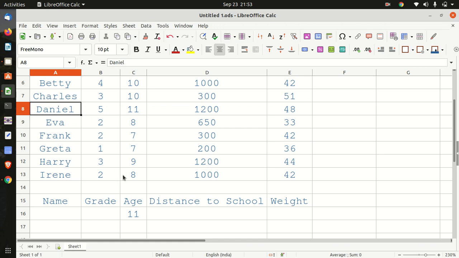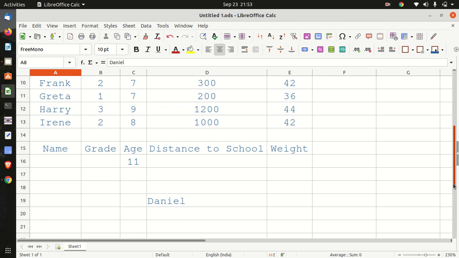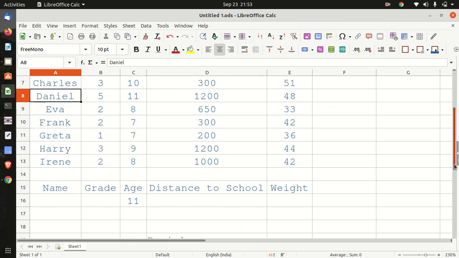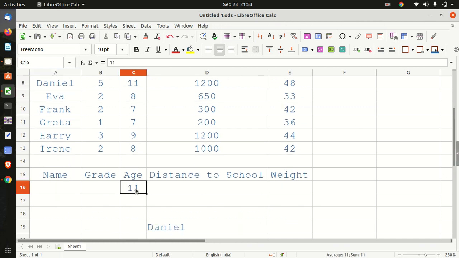Okay. So as I told, you will get a hash value if no match is there. You see, 11 is not specified in grade, so that is why you are getting a hash value. For example, the maximum number in age is 11. So if I write 12 or 13, we will get a hash value. If I write 13, you see a hash value. So it means there is no match.